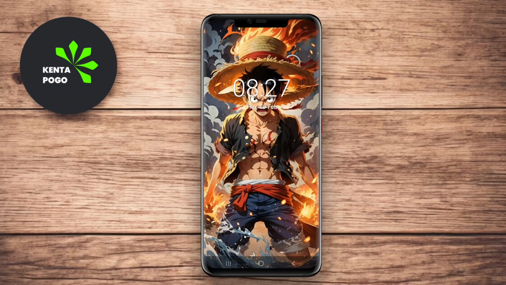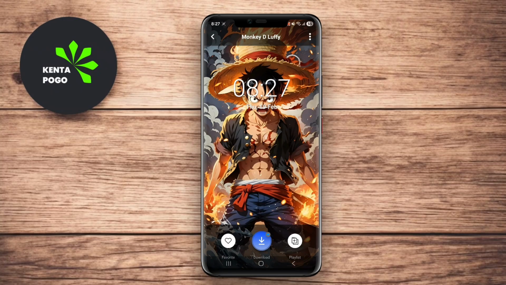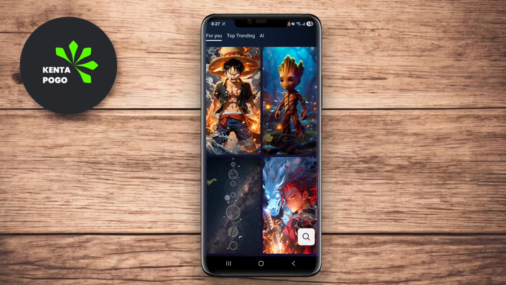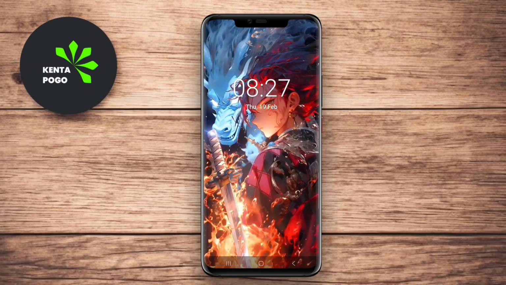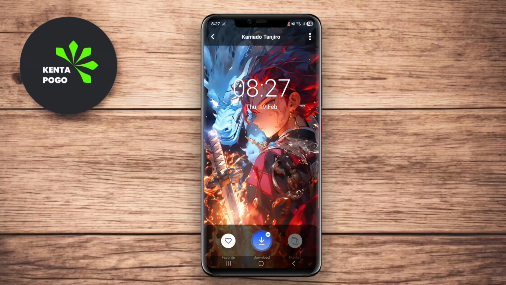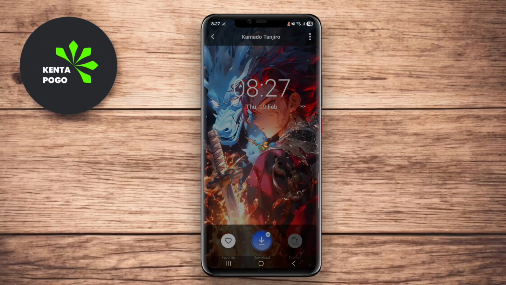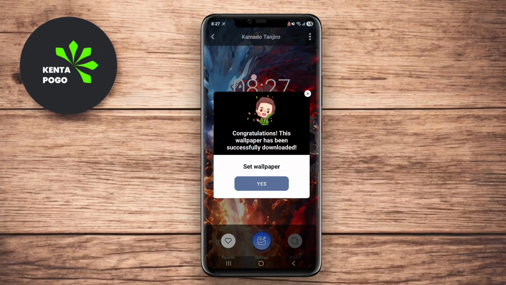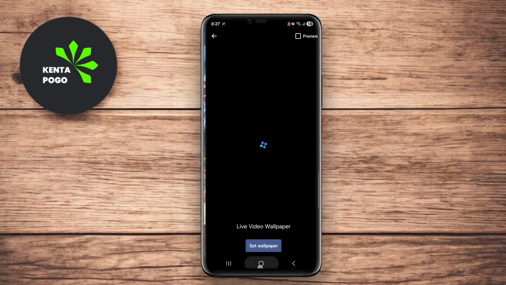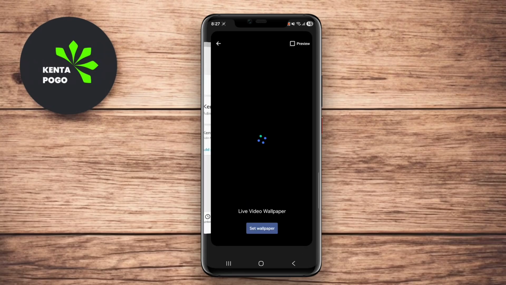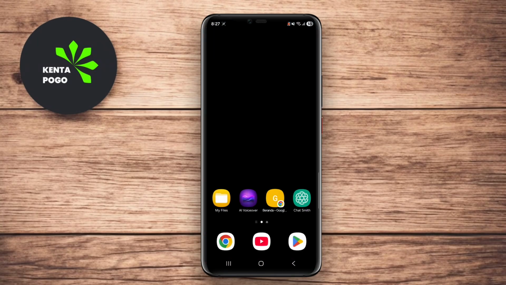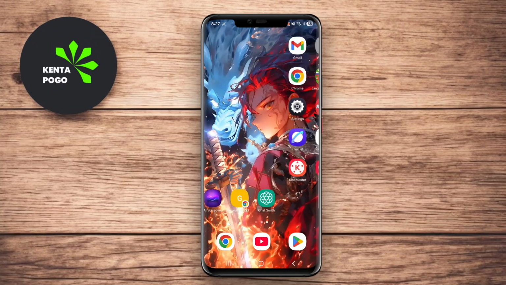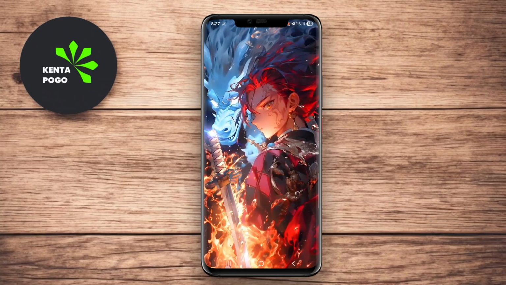Key features typically include an extensive library of live wallpapers, featuring a variety of themes such as nature, abstract art, fantasy, and more. Users can explore different categories and choose wallpapers that resonate with their personal style. The app often supports customization options, allowing users to adjust settings such as speed, direction, and effects to create a personalized experience. Additionally, Live Wallpapers HD usually emphasizes performance optimization to ensure that the animated backgrounds do not significantly